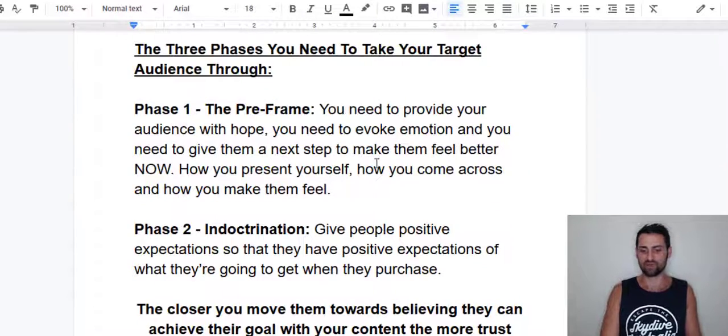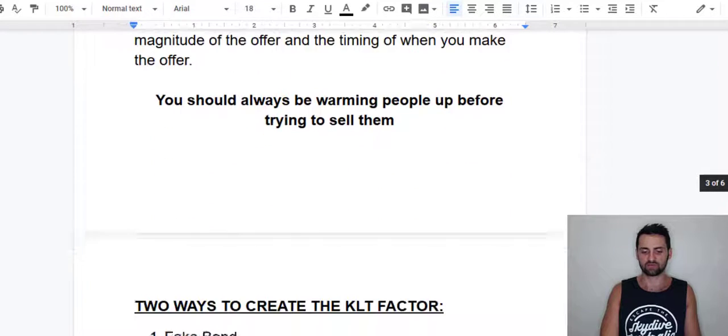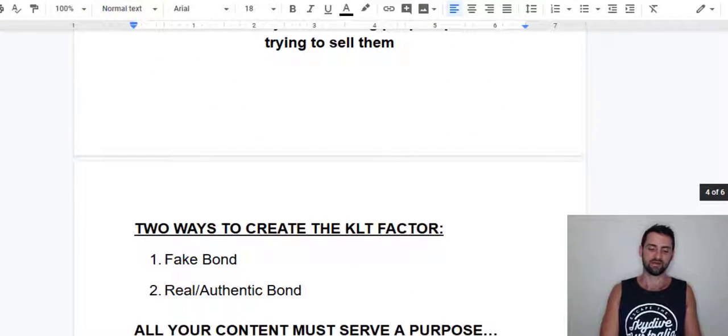It does create hope for people in some way, and it evokes emotion and things like that. But a lot of the time it's not authentic, it's not real, and it only suits a certain sort of person. You might be someone that would be happy to go out and do that. Even if you're not already at that level of making a lot of money, and you don't have that Ferrari, people still go into this fake bond where they're not being themselves, they're trying to act as if they're invincible and they don't have any problems.